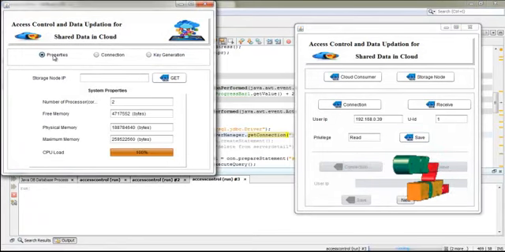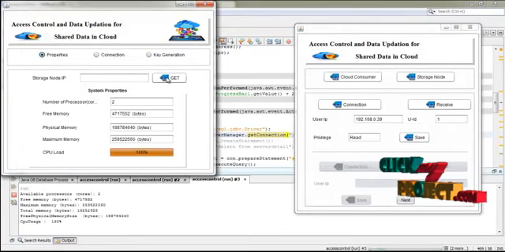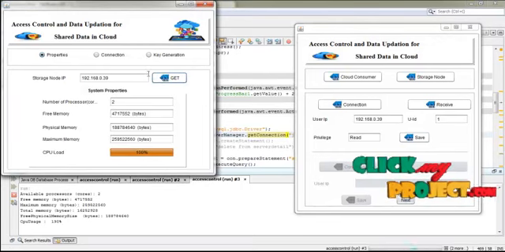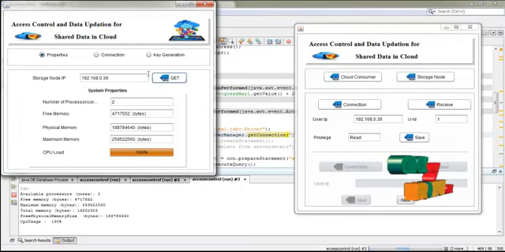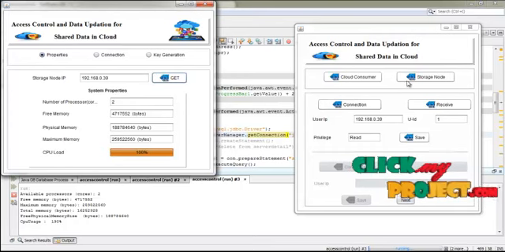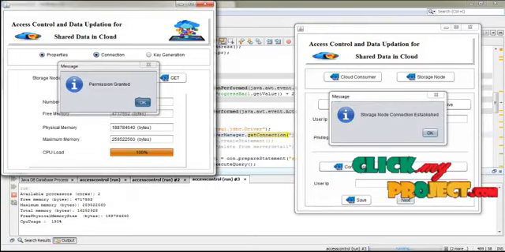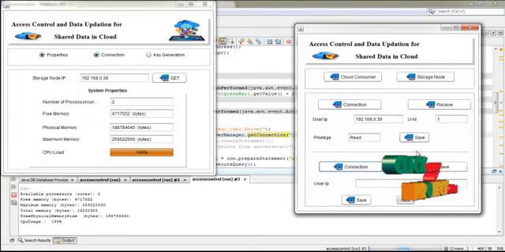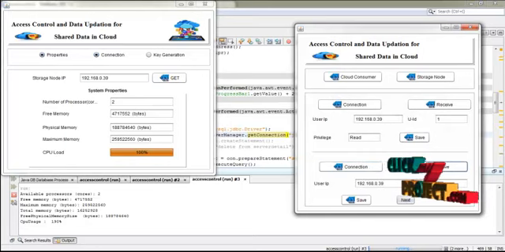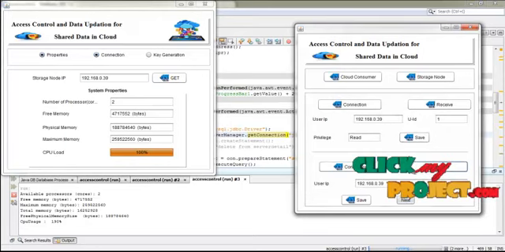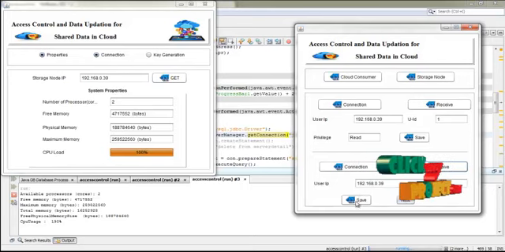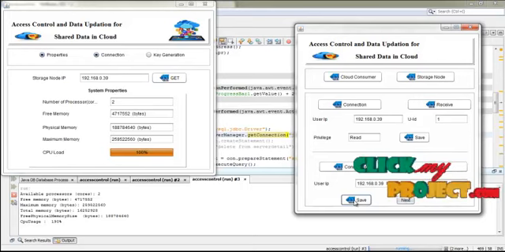First of all, click properties and then press get, and then the data owner also transfers the data to the server. For that, click storage node and press connection and click connection button. Now press OK and then press receive. Now the details of the data owner are received to the server and press save. Now the data are saved in the server